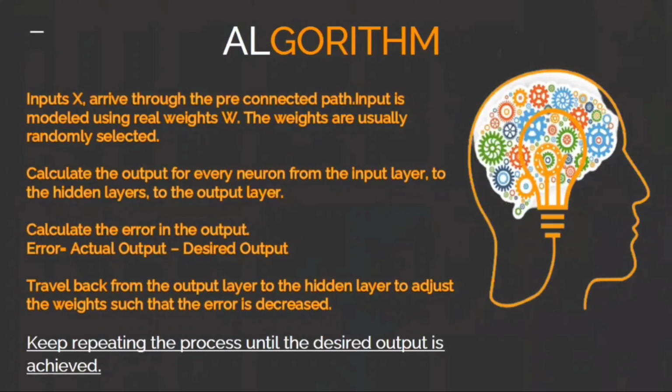Algorithm. The algorithm on which backpropagation works is this: there are a number of inputs and a number of weights. These inputs and weights are given to an input layer. Then the input layer, after combining these two values, passes the value to the hidden layer. A hidden layer is an intermediate layer. We will discuss it later. The hidden layer, after applying an activation function on the given value, passes the result, after combining it with weights, to the output layer. And from the output layer, we obtain an actual value.